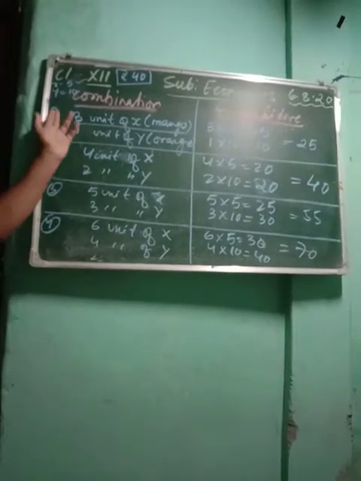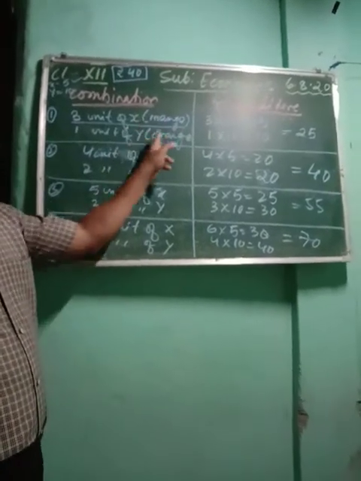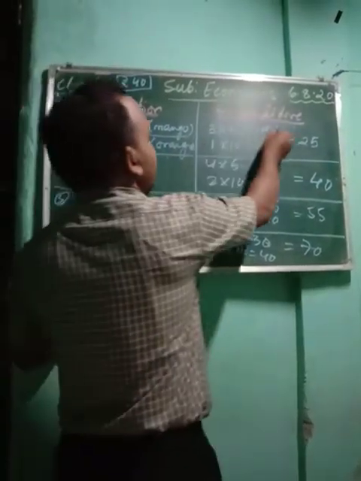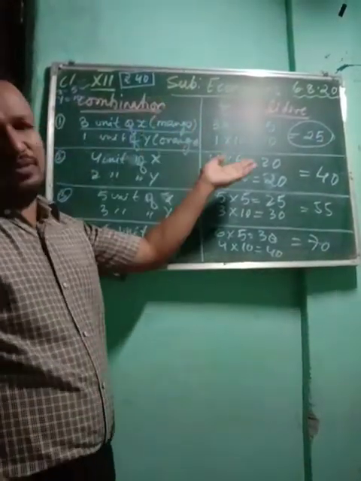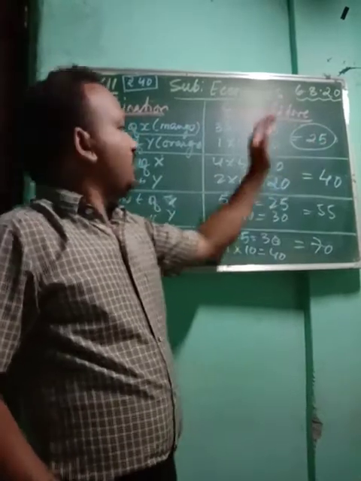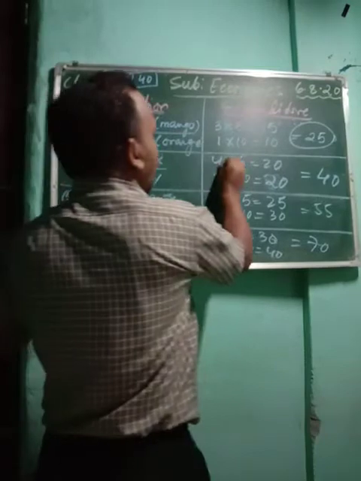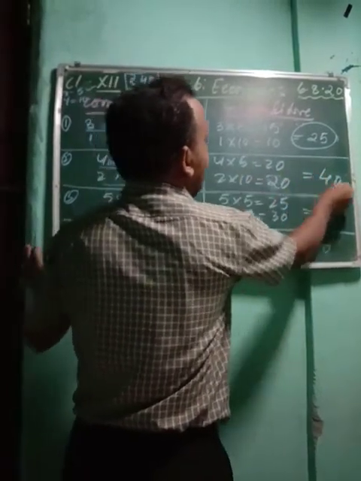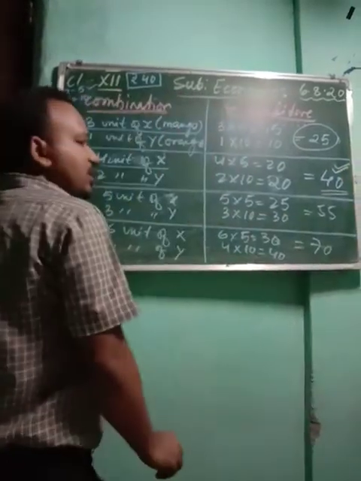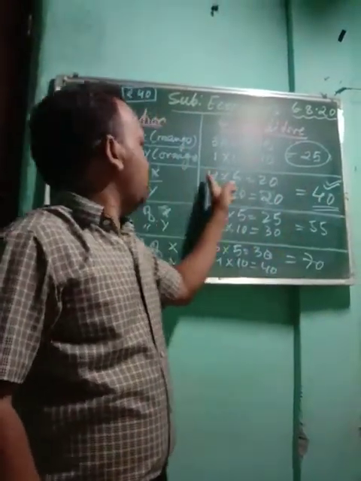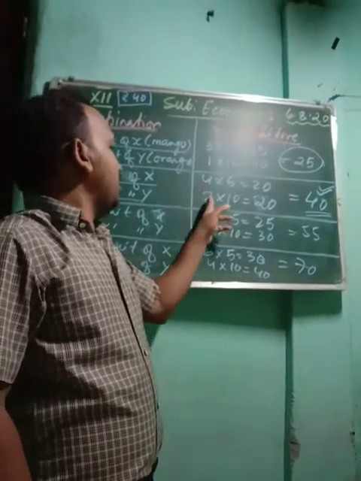So first combination, 3 units of X, 1 unit of Y, where X is mango, Y is orange. Now it is coming 25 rupees, which is lower than his income, so he will not spend in this. Now second combination, you see 4 units of X and 2 units of Y, so 4 5s are 20, 2 10s are 20, it is coming 40. That means yes, he can accept this combination. If he is spending 40, he is able to buy both X and Y, so he can buy 4 mangoes and 2 oranges.